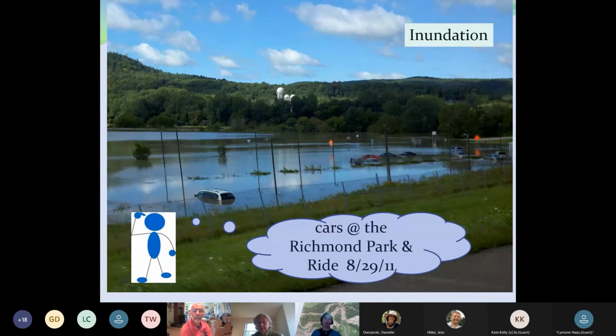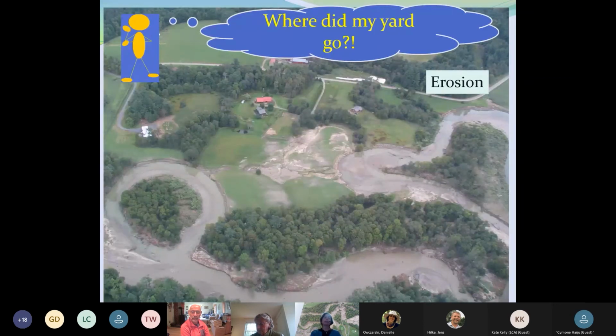Most of us are familiar with inundation flooding, that getting your feet wet type of flooding. But we also look at flood erosion, and this can be gradual or catastrophic during a flood. And a stable stream is not a static stream. They will change over time with changes from inputs in our watershed and from our climate changes.